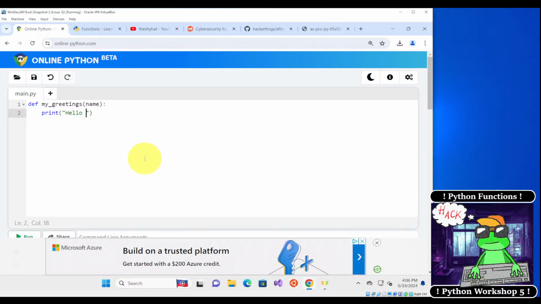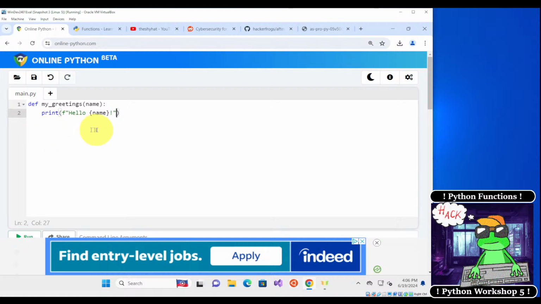So hello, actually we're going to make this an F string. So hello, and then we can put some curly braces here, and then name inside the curly braces. When we execute this, it's going to print out hello and then the name that we provide. Okay, so this is just the definition. We're just defining the function here. To actually execute it, we have to